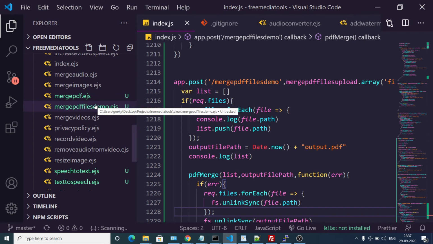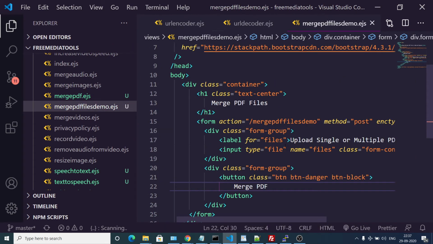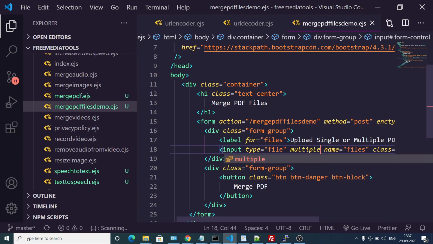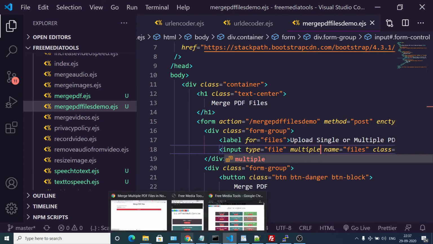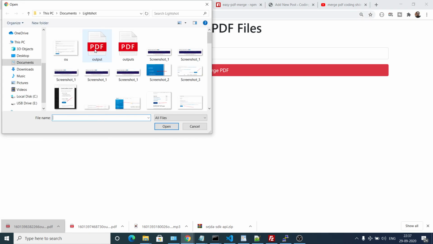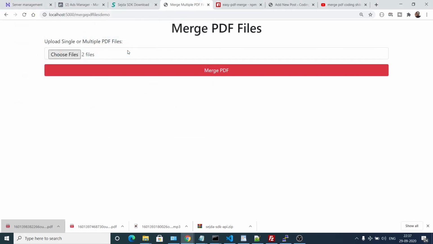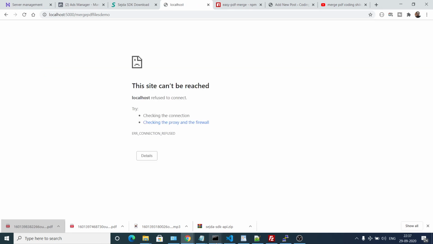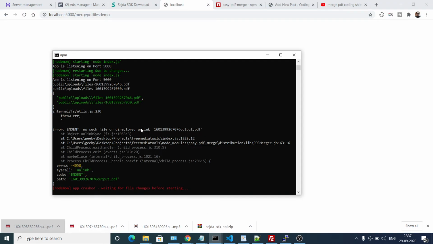So here I need to add a simple attribute, multiple, which will allow multiple files to upload. So if you click choose files, select multiple, two files are selected, click on the merge PDF option, and then it will download this as an attachment. So just wait. I think some error has taken place.